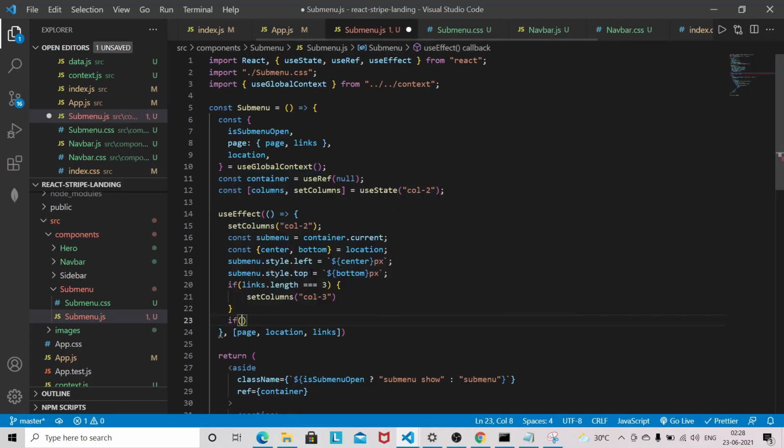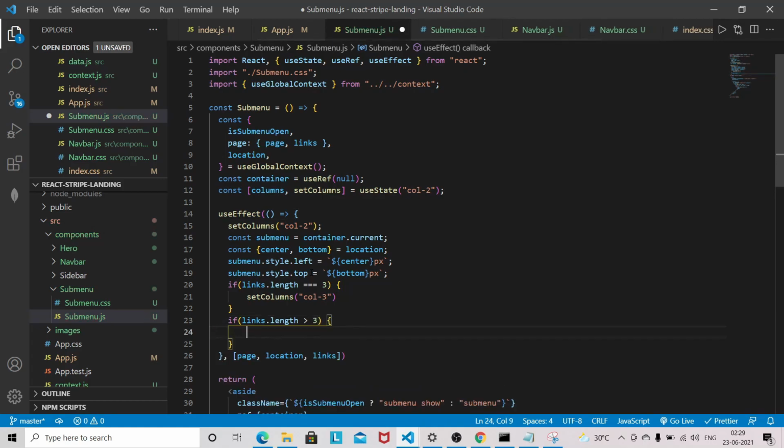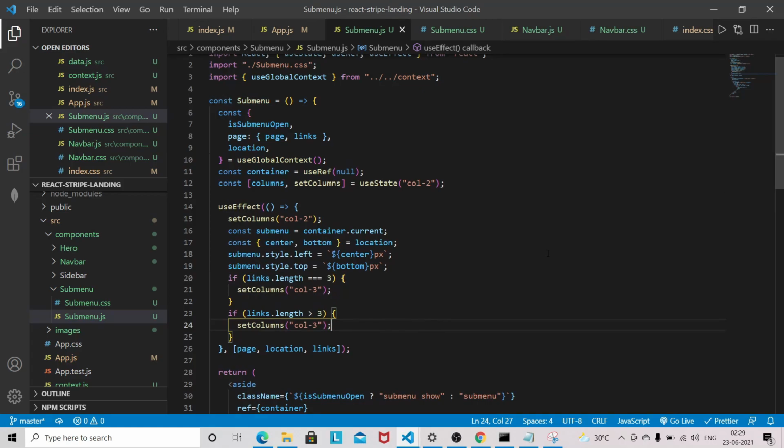If the links dot length is greater than 3, then set the column col-4. So I'll just copy this one and paste here. So that's it at the component level.